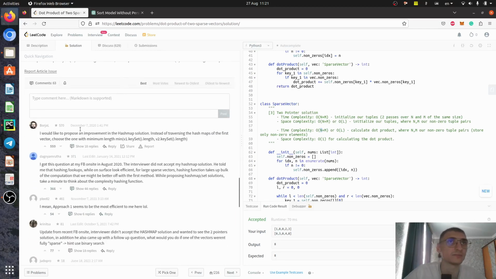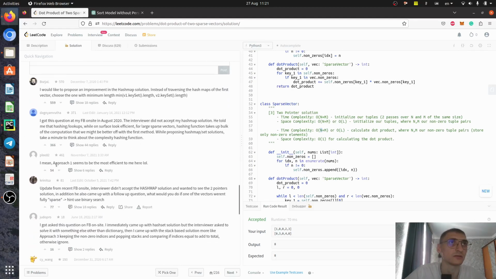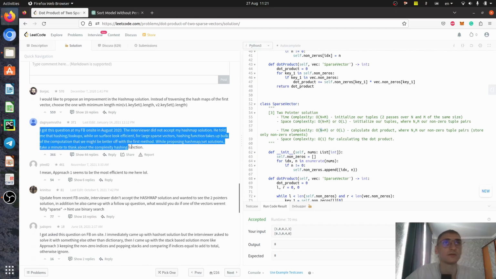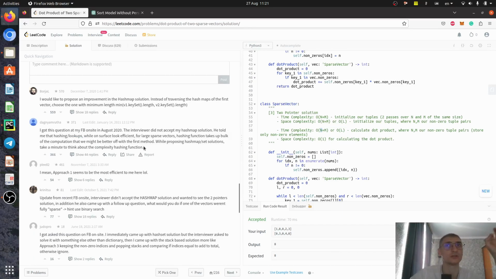What I want to stress, please pay attention that there are people who say they got this question at Facebook on-site or other interviews, and the interviewer didn't accept their hash map solution. He told them that hashing lookups, while on the surface look efficient, for large sparse vectors, the hashing function takes up the bulk of the computation, so we might be better off with the first method. So what I want to stress